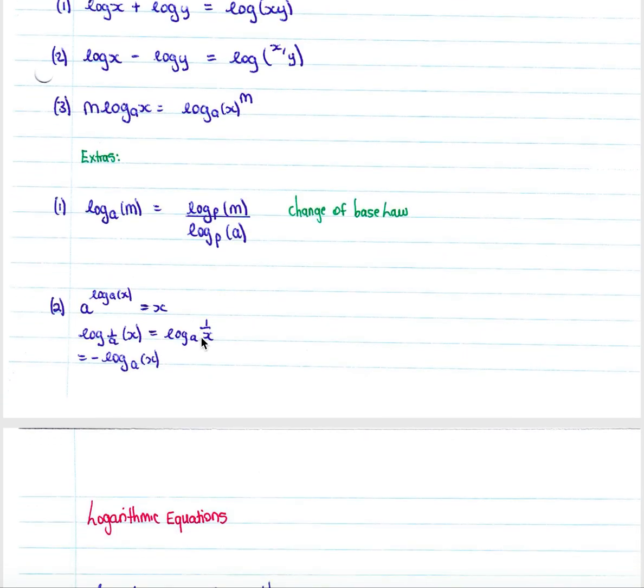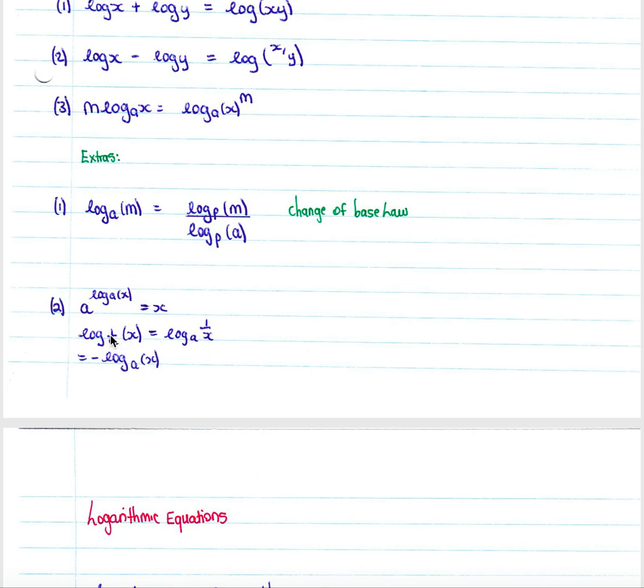And then this is a second extra law which may come in handy. However, I've never seen it in the syllabus, and it will most probably not be required of you to use this law. However, I will go through it just in case some of you may want to use it. If you have a to the exponent of log base a x equals x, you can then say that log of 1 over a x, taking that, equals log base a 1 over x,